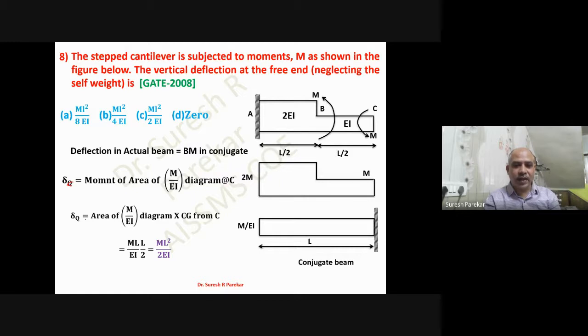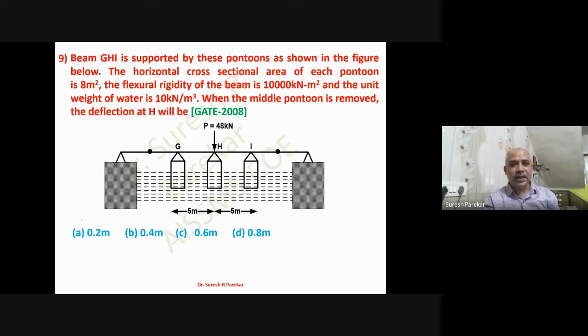We are going to get this value, and that is ML square upon 2EI. Option is C. Then this will be actually a combination of fluid mechanics and structural analysis, so I will not explain much more in this one. So we have internal hinges around left of G and I, right of I, and therefore we are going to get reaction 0 at this support.